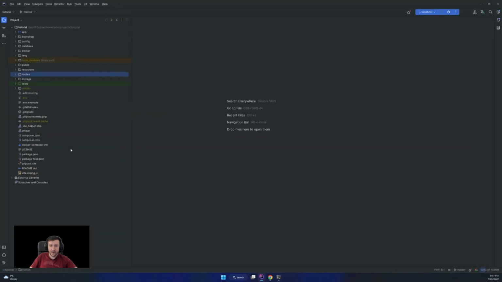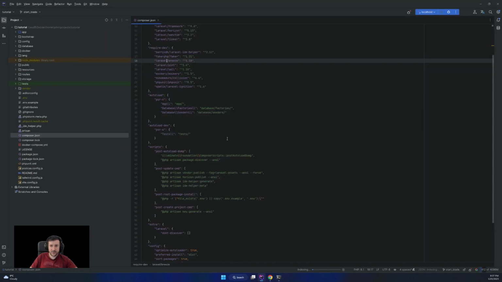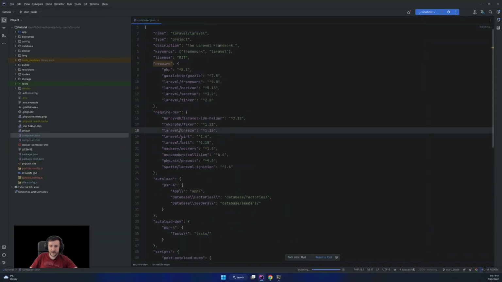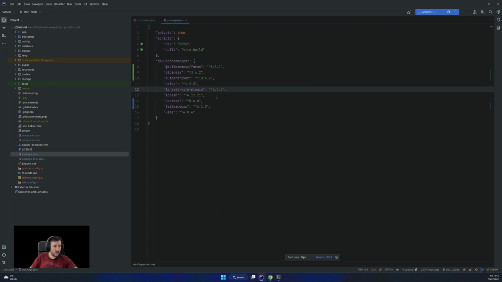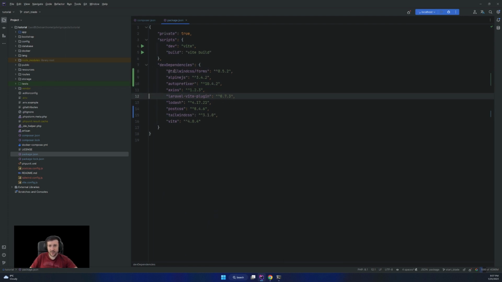Rerunning all of that, I'm going to start with composer.json, and in here the only thing that was added was Laravel Breeze, but in package.json some more packages were added. So Tailwind Forms, Alpine, Autoprefixer, PostCSS, and Tailwind CSS. I'm not sure if you are familiar with Tailwind CSS.